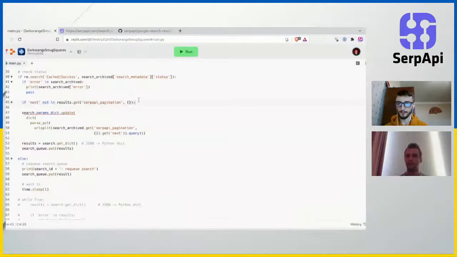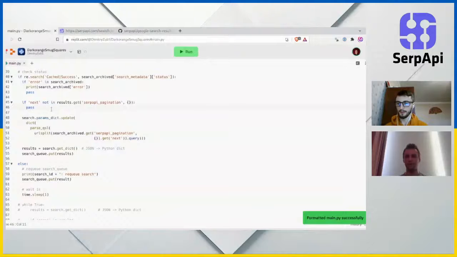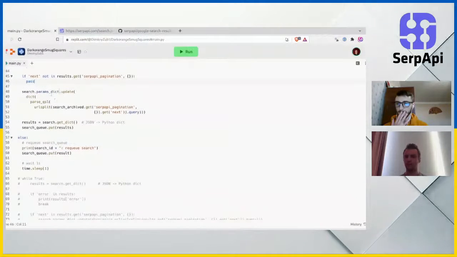Is this a correct expression in Python? If not in. Probably yes. So then search params dict update, then results,